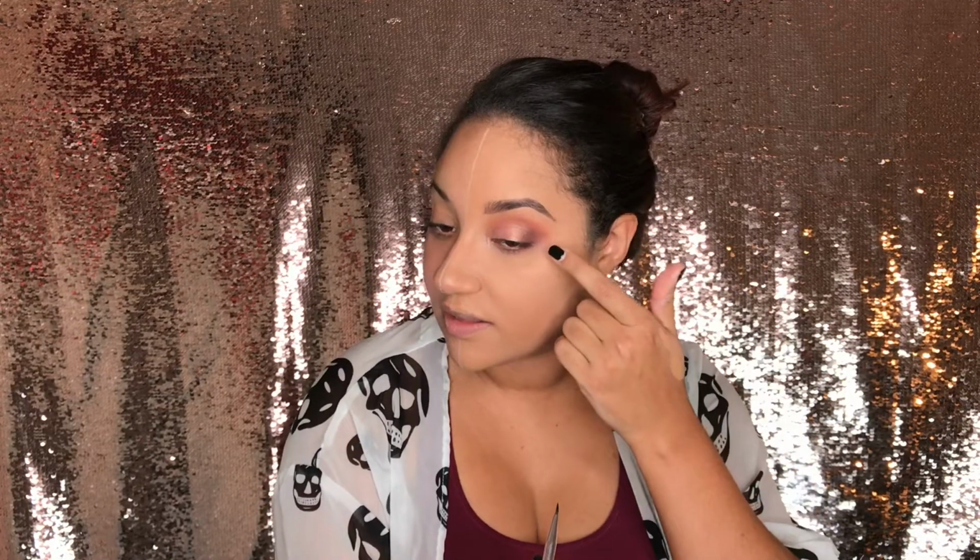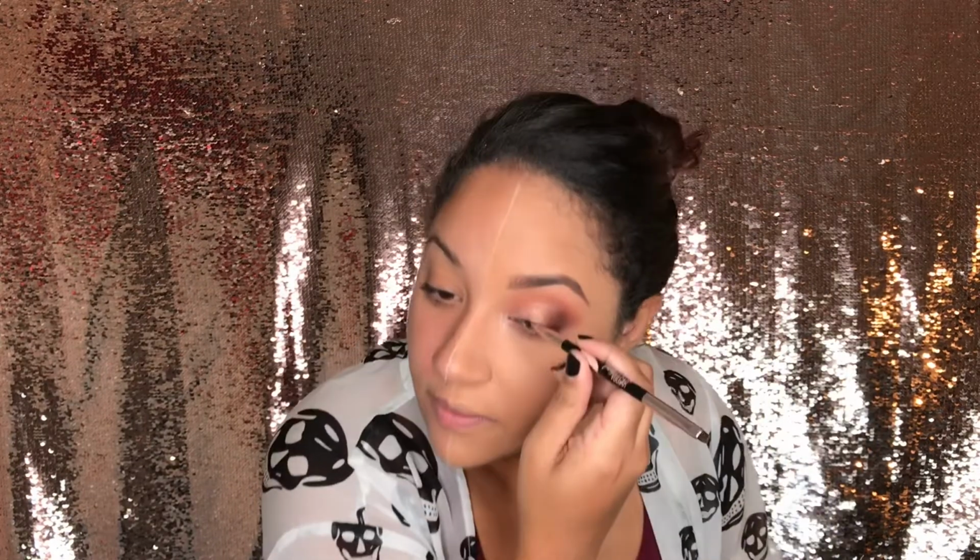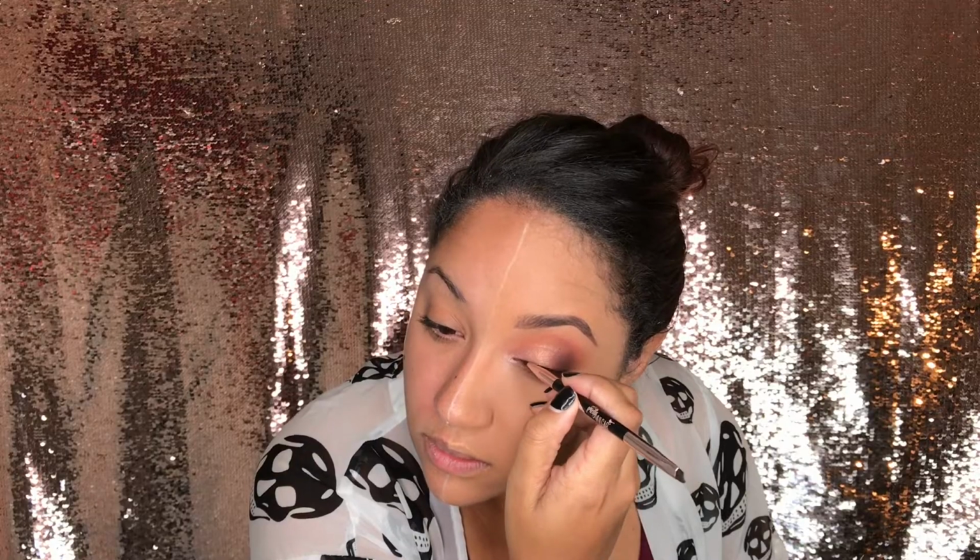So we're gonna kind of dip into there. And we are going to line the eye. I know some people like to do a winged eyeliner and start from the corner. I don't like doing that. For some reason I get a little bit overly ambitious and just make this like insane wing and don't know where to stop. So I prefer to start from my inner corner, make the line, and then make the wing. So we're gonna go in and